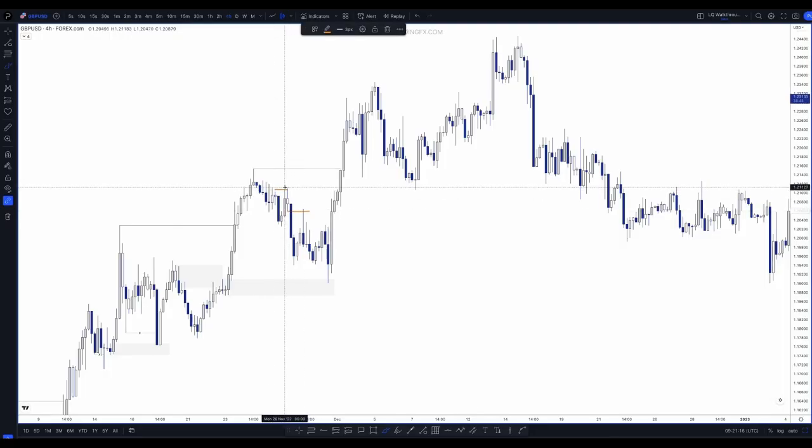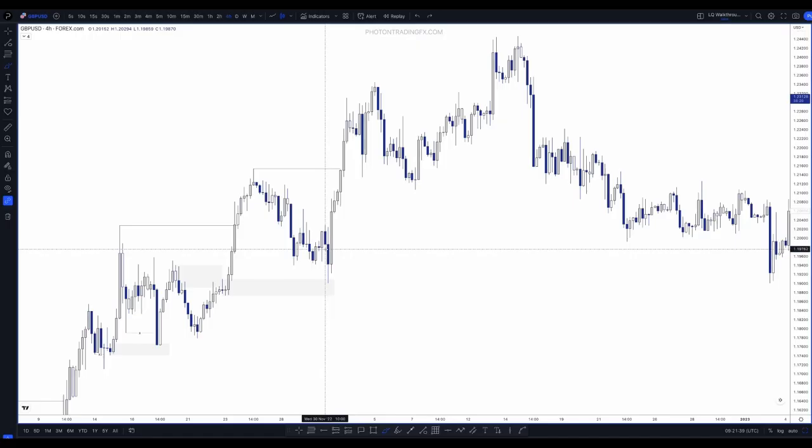So you can see that POI gets respected because we come down, have a bit of a fractal pullback, and grab the liquidity behind that high. That would have been a potentially good counter trend area to look to get involved on lower time frames, right? Price comes into that 4-hour POI, that swept liquidity, and then we can look for a quick counter trend play down into demand, okay? But you see behind that, now you've got all of that available liquidity that's been untapped, and that's the liquidity